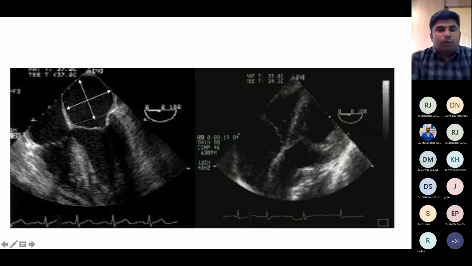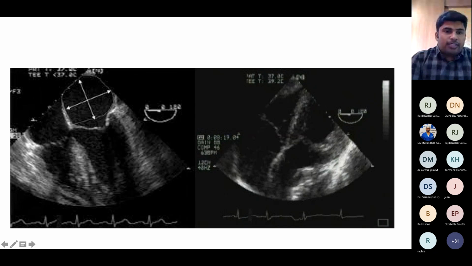So in order to avoid this, we can use something called a deep transgastric four-chamber view. It can be achieved by pushing the probe further from the deep transgastric five-chamber view and giving a nice anteflexion. In this view, the TEE probe sees the left heart from the apex of the LV, and it gives views similar to the transthoracic apical four-chamber view, so the left atrium can be measured. But it is not possible to get this view in many of the patients.